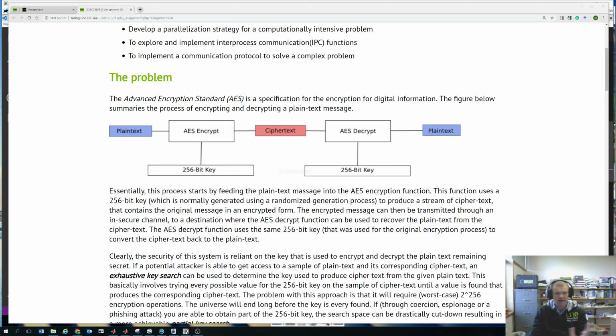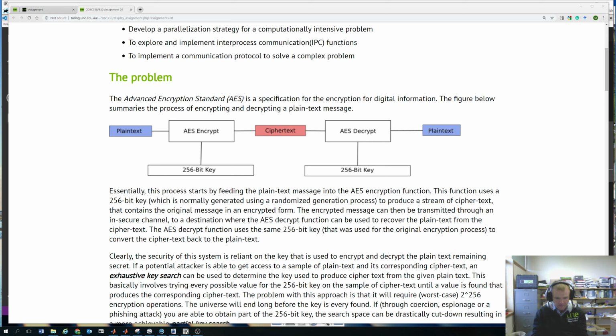Typically that operation uses some sort of key to produce the ciphertext, and ciphertext is what we send through our insecure medium. At the other end we perform the reverse of that operation using the same encryption key to retrieve the plain text, and it allows us to create our own secret channel of